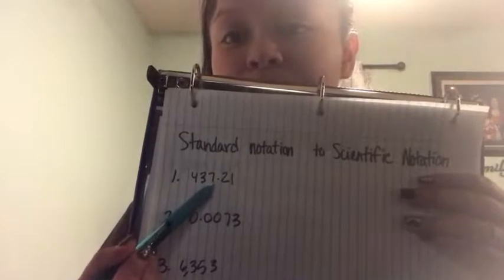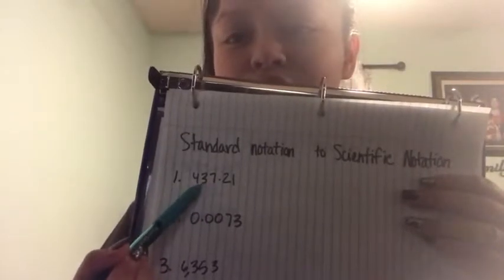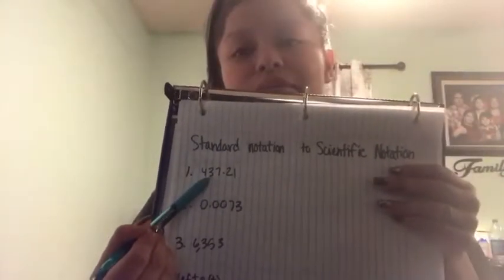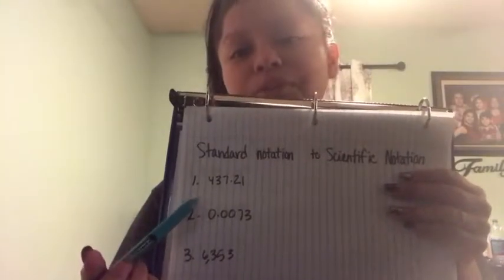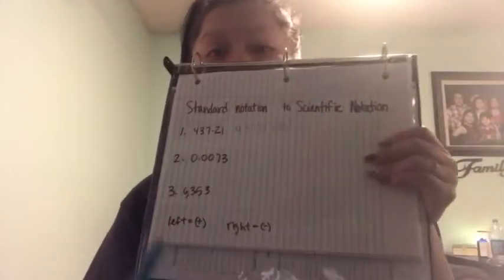So that would be 1, 2, two times we will have to move the decimal point. So whenever we rewrite that, it'll be 4.3721 times 10 to the power of 2, just because we went